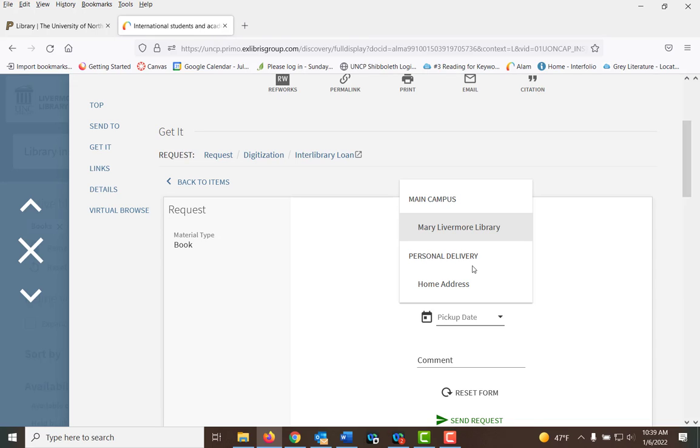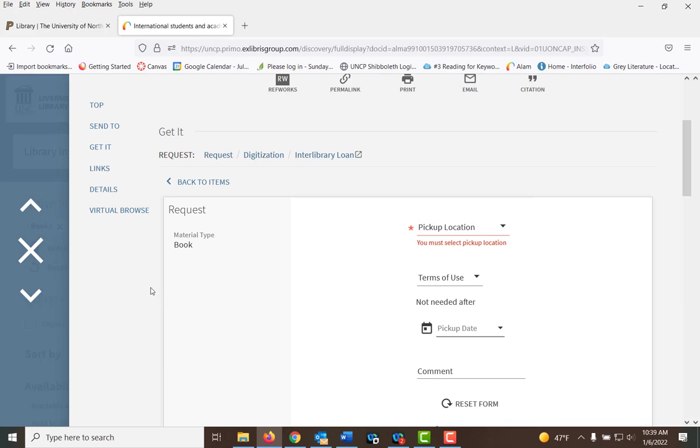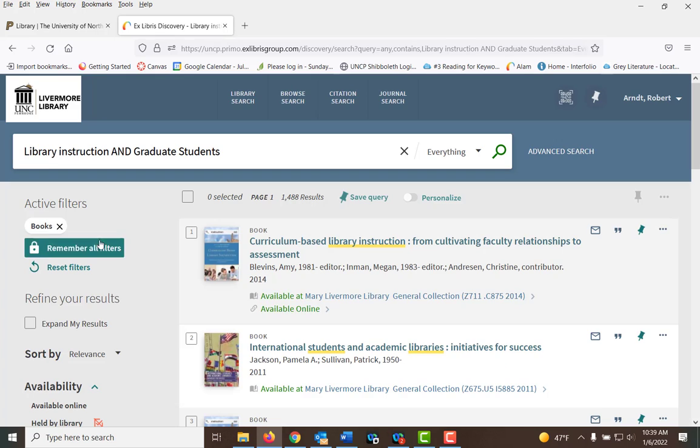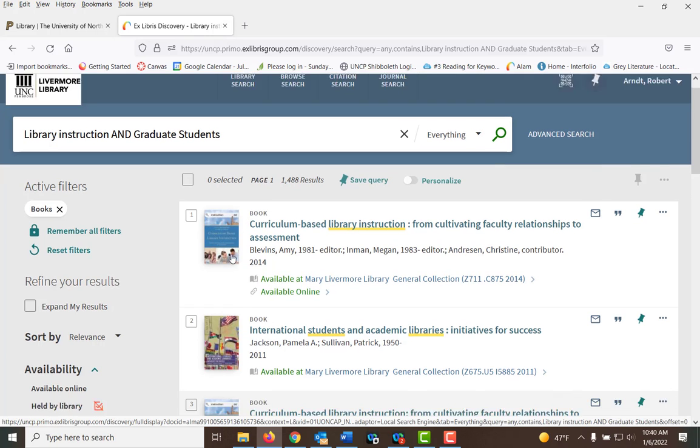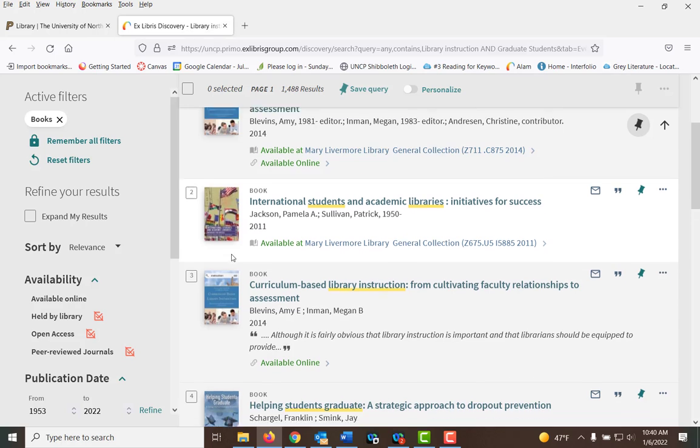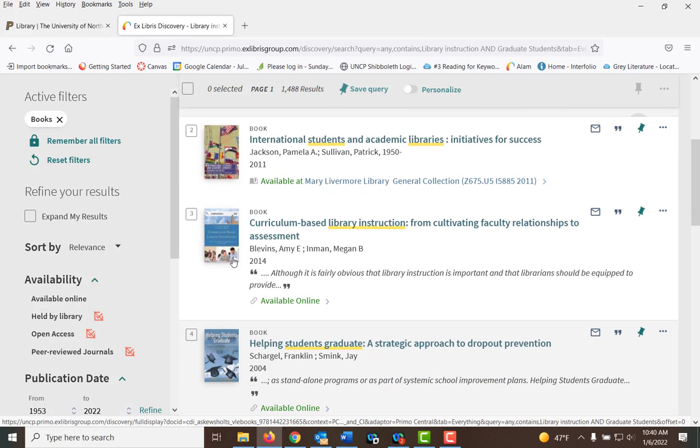The key part with that is you will be responsible for returning the book. You will have to mail it back yourself. We will pay to have it mailed to you, but there will be no return postage. You must handle the return postage. Also, remember when you're requesting books, typically they go book rate, and book rate is one of the slower forms of mail. I would request this 2 to 3 weeks before you need the book, otherwise you may want to look for it elsewhere. But that is how you request books that we own.